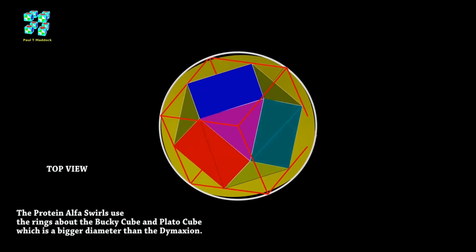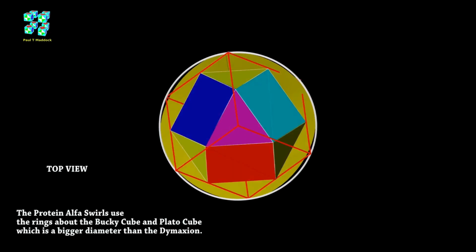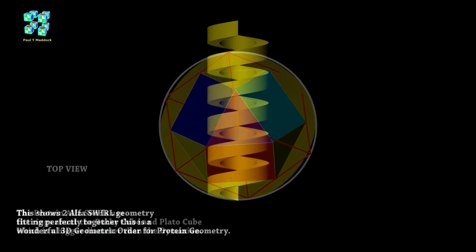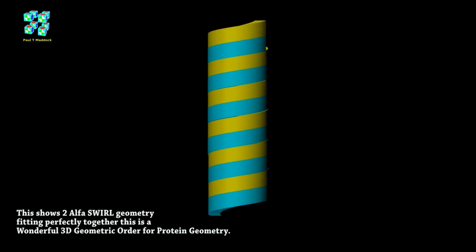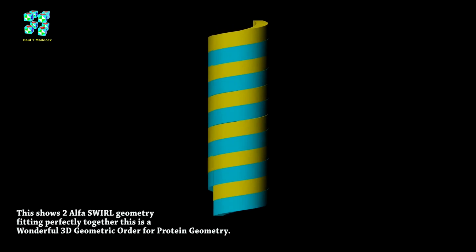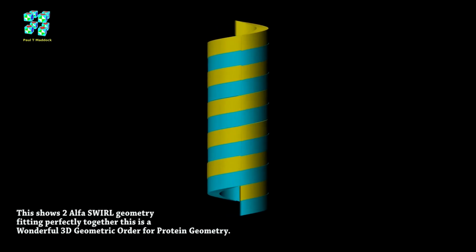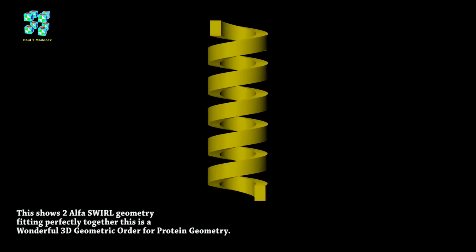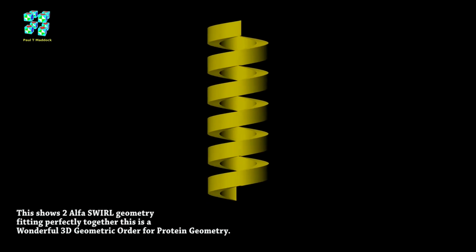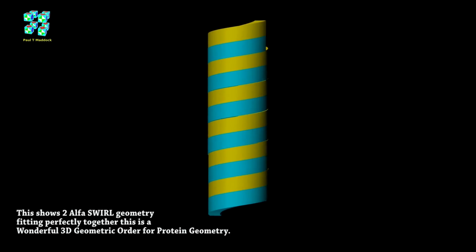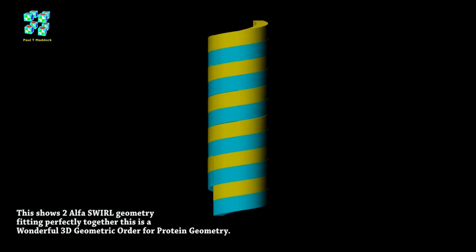Now I've got something interesting to show you. I am showing you a longer Alphy swirl, the yellow swirl, and I'm showing you a cyan swirl, and you can see how they go perfectly together. Isn't it amazing? I think there might be some scholar out there that can see how CubicWonder could give us